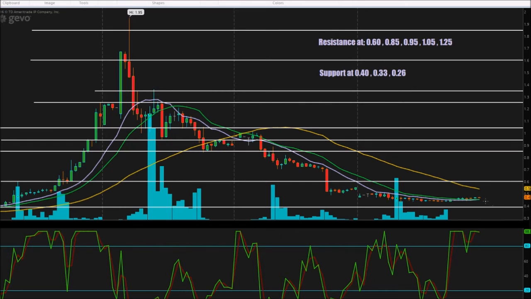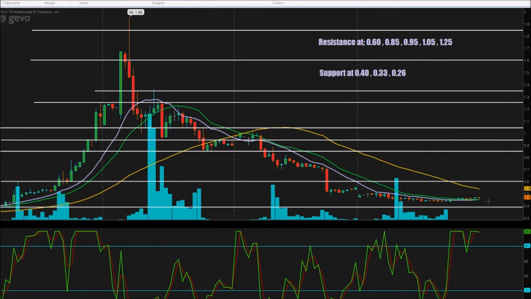So there's a good chance that we just kind of channel between 60 cents and 40 cents. But that's a pretty wide range. If you're a day trader, you can still be scalping this thing if it gets the volume and still be making some decent money off it. But if you're long on it and you're trying to see it increase again, it's probably not the most